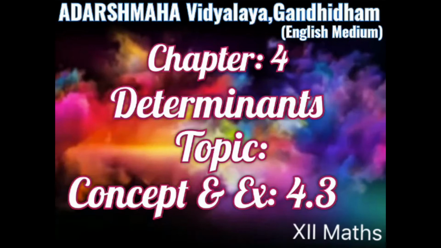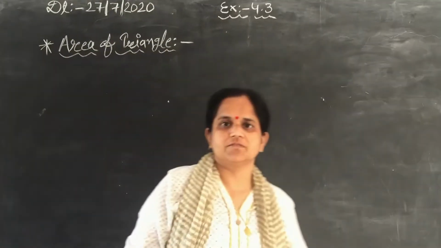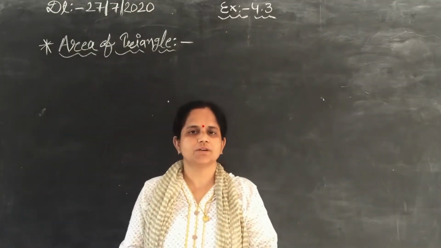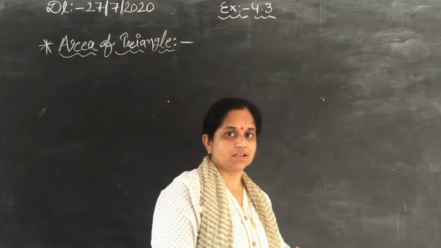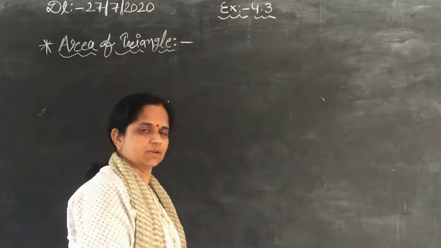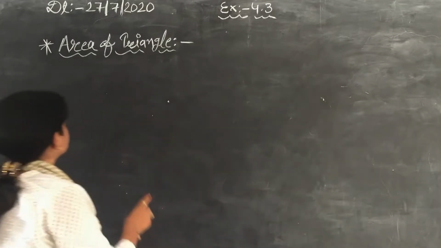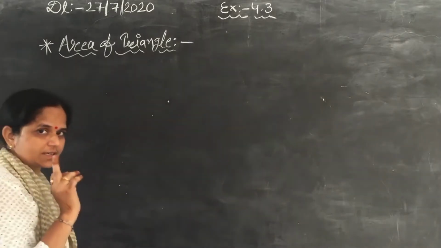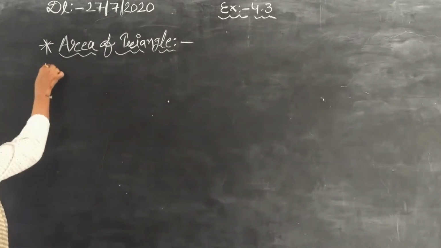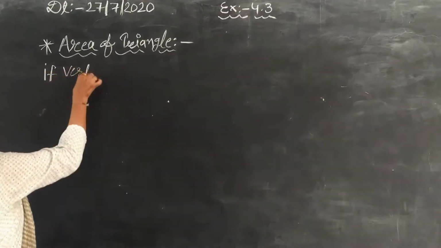Today's topic is concept and exercise 4.3. In virtual class, I talked about area of a triangle by determinant method. Okay, so I am starting from that topic only. So first, area of a triangle, if vertices